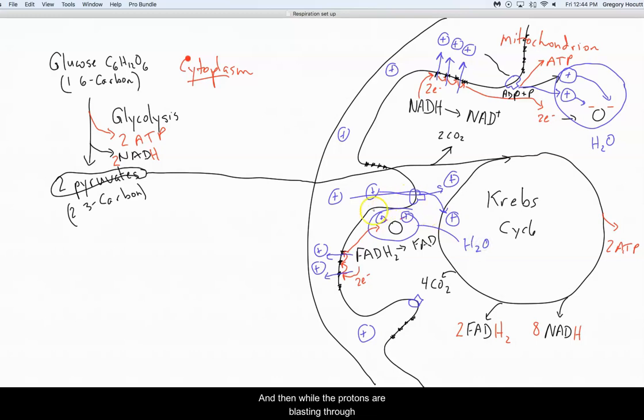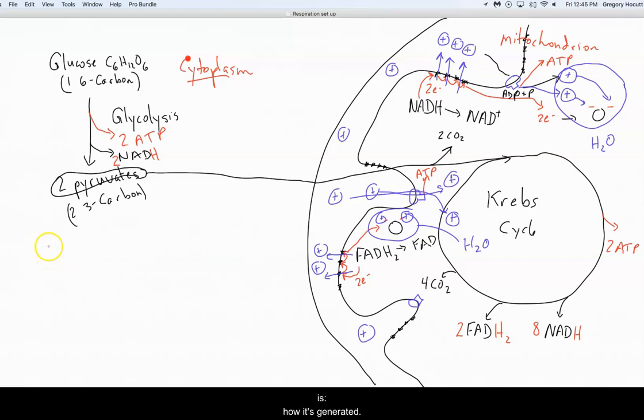All right, and then while the protons are blasting through, you're snapping with this enzyme, you're snapping ADP and free phosphates together, and so you're generating more ATP. So there's something that I want you to be aware of as we would take a test on this, and that would be sort of where the energy is, where the energy that we are trying to generate, the ATP,